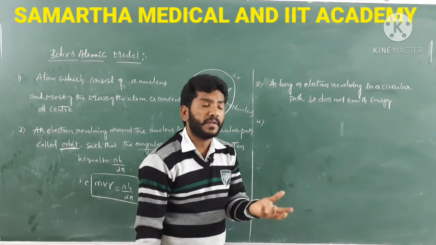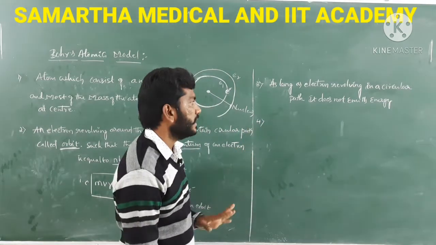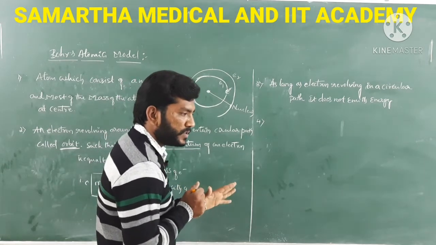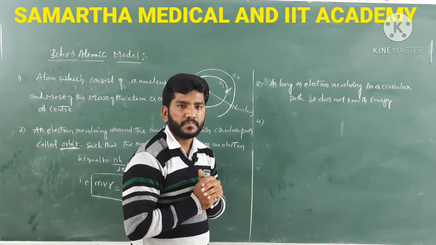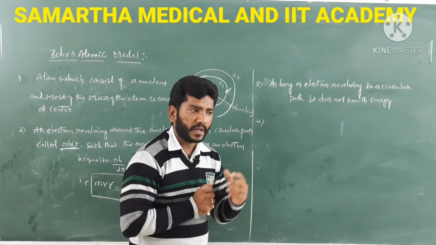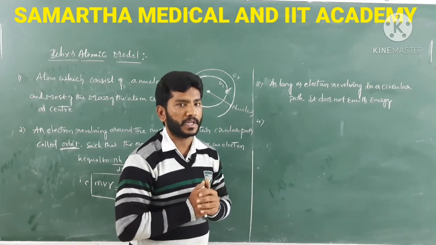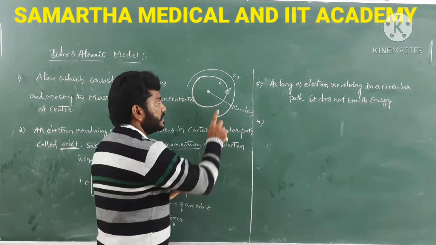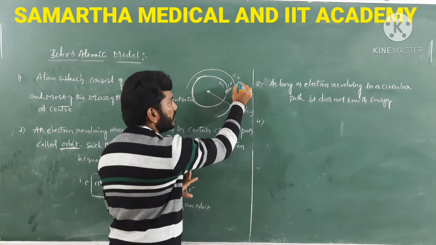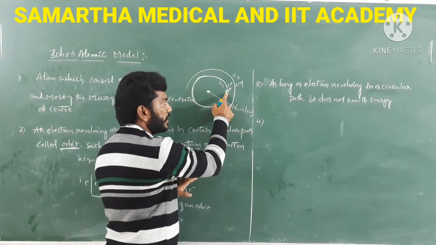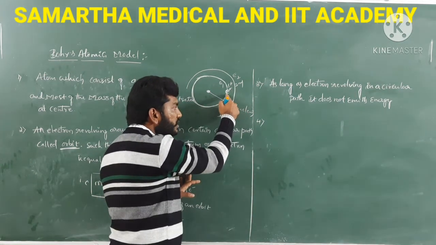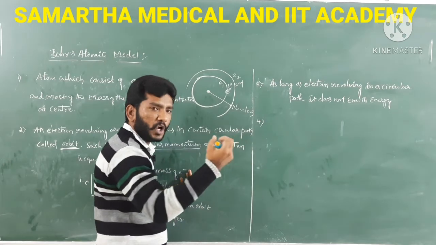But totally what happened, that energy is going to be the change of that particular electron. Suppose an electron absorbs or emits energy. When that particular electron absorbs or emits energy, we should know that particular thing. Consider an electron present in the first orbit; this is the first orbit, this is the second orbit. Suppose this electron jumps from a lower energy level to a higher energy level, which absorbs energy,